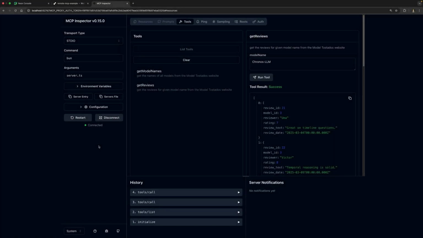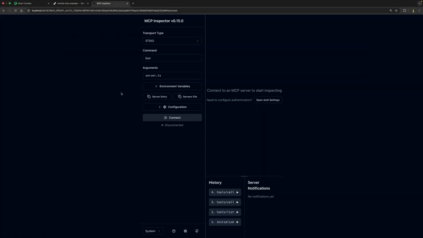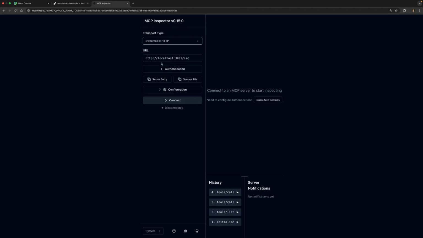Going back to MCP inspector, we can now disconnect from the local MCP server and we need a slightly different config. So we need streamable HTTP transport type, and now we need to specify the URL where our server is running. So it's port 3000 and the endpoint is MCP. If you now try to connect, obviously it's not going to work because we need to launch the server ourselves,